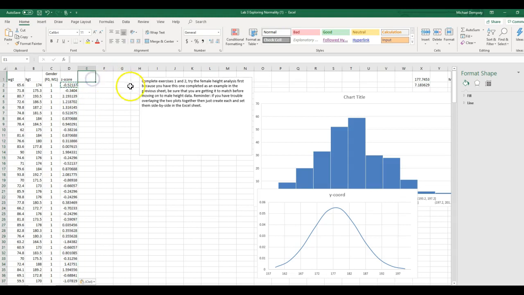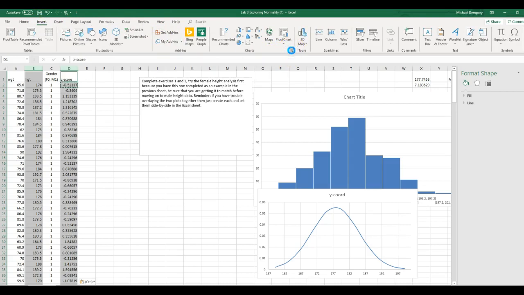So now what I'm going to do is make my normal probability plot. It is a scatter plot of raw scores and z-scores, okay? And let's see if we can notice what's going on in that particular plot. So I'm going to highlight height. I'm going to hold down Control. I'm going to highlight z-scores. And then hopefully when I go to Insert,